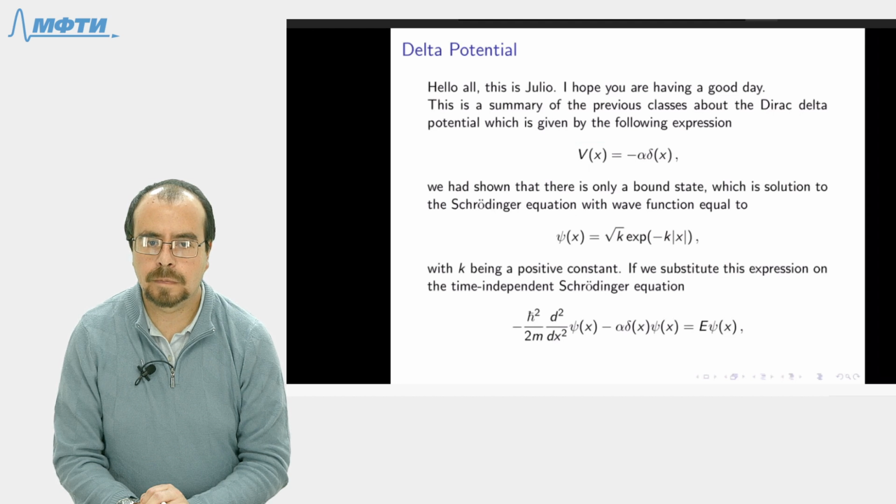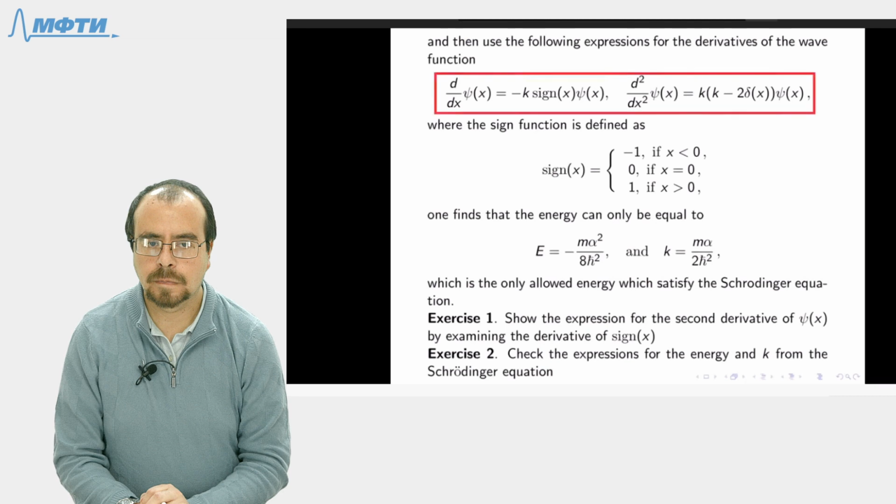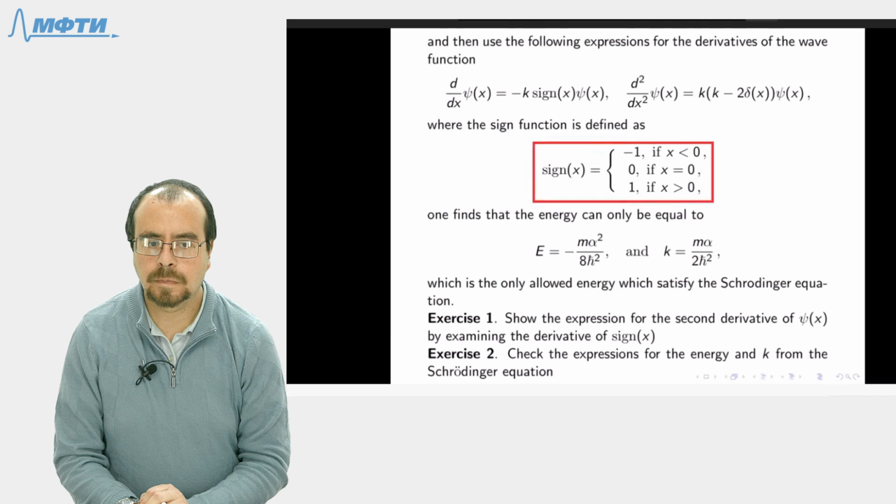We had shown that there is only a balanced state, which is a solution to the Schrödinger equation with wave function equal to, with k being a positive constant. If we substitute this expression into the time-independent Schrödinger equation, and then use the following expressions for the derivatives of the wave function, where the sine function is defined as, one finds that the energy can only be equal to,